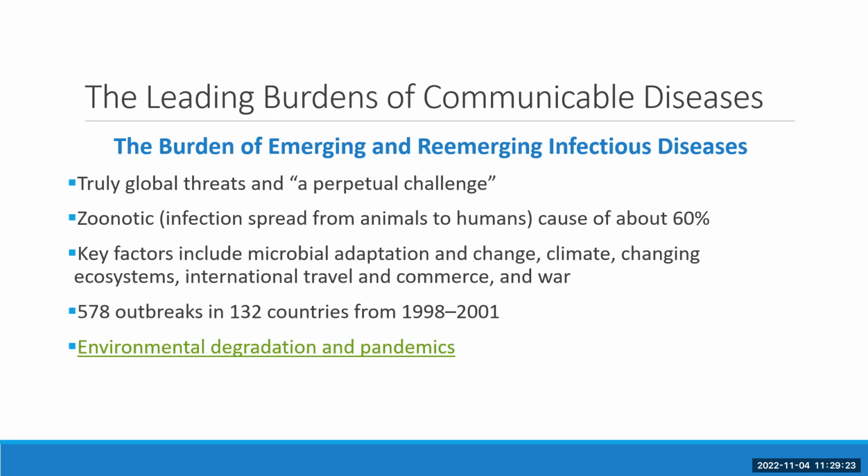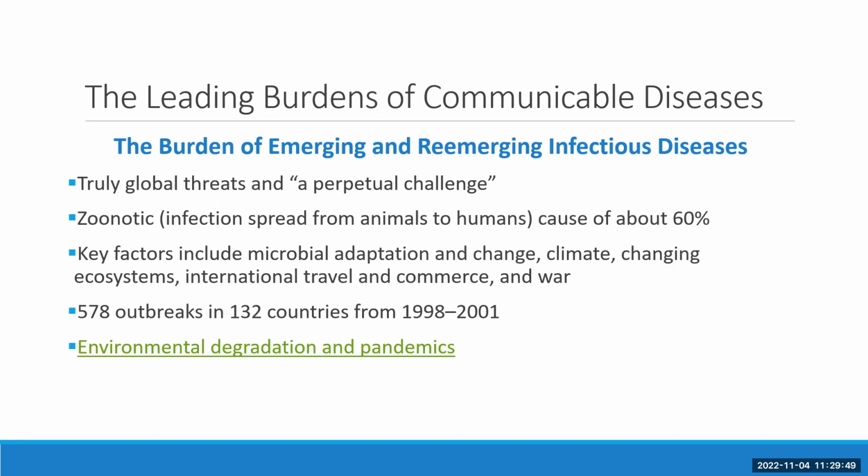Part of that is that environmental degradation because of rapid expansion and growth. It also is because of our food system, that we have these huge factory farms with animals and infection happening there. But basically all of that has come together to increase the rate of emerging and re-emerging infectious diseases, because